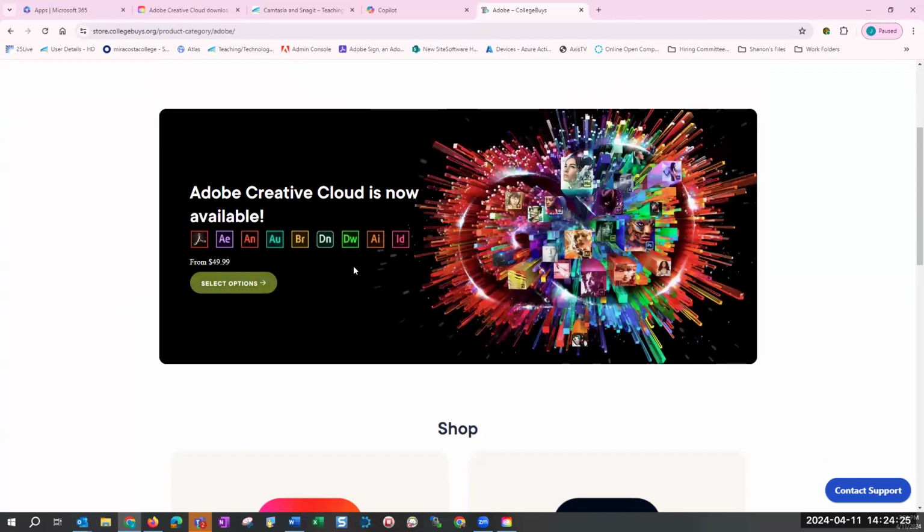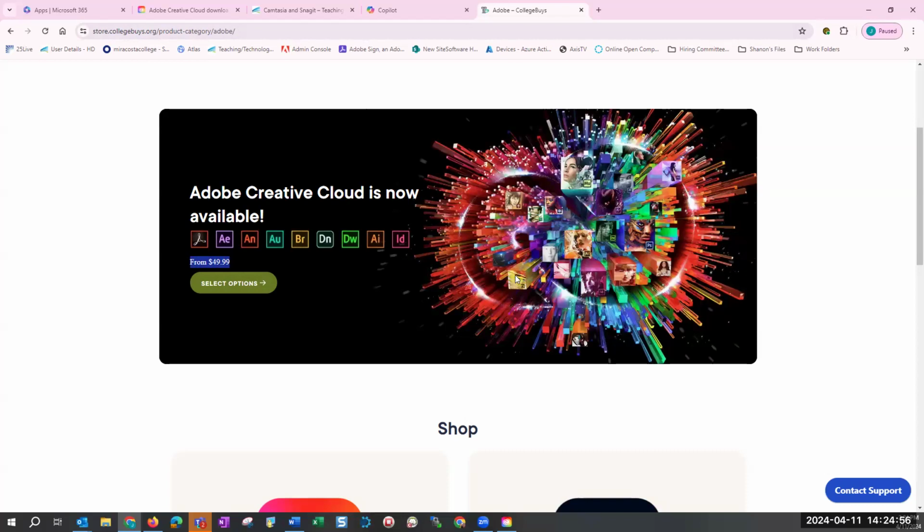Definitely, if you want to buy Adobe, it's best to go through College Buys, because you get 6 months of Adobe for $49.99. And the year is $99.99. Compared to whatever it is from Adobe. I think it's like $30 a month if you go through Adobe. I think it's $39.99.